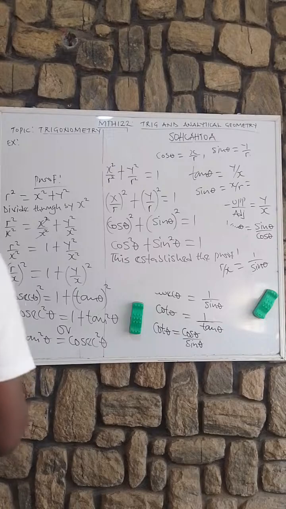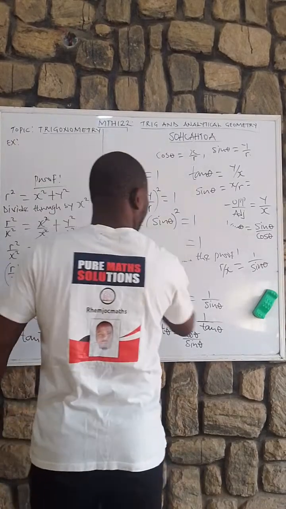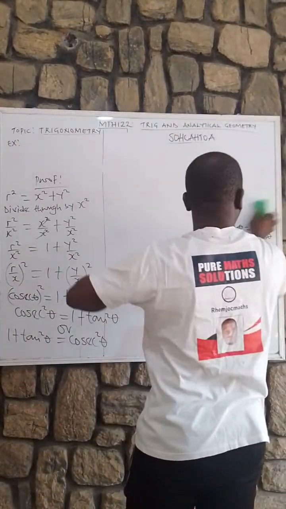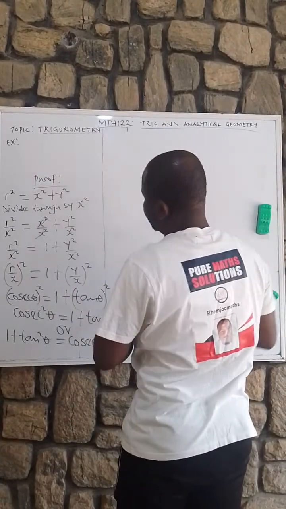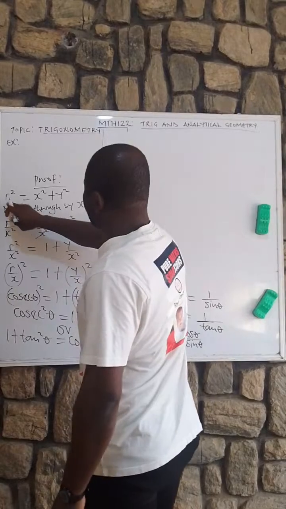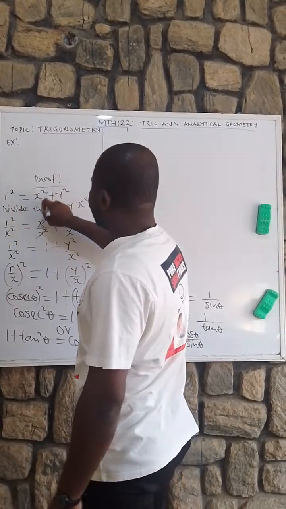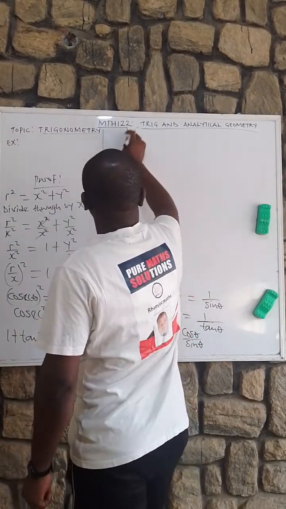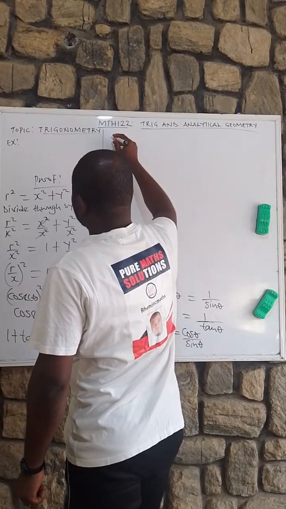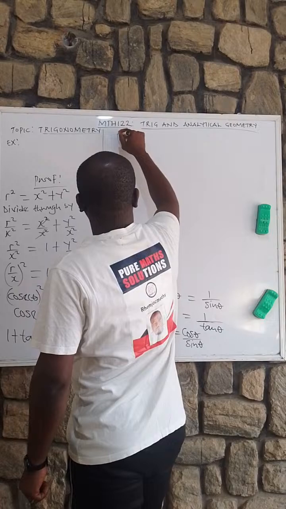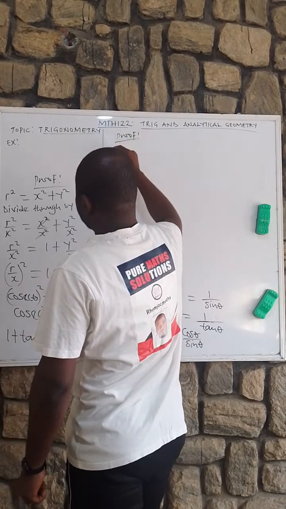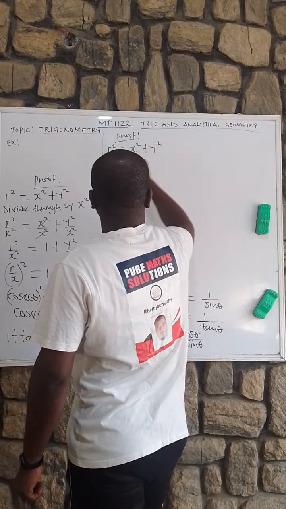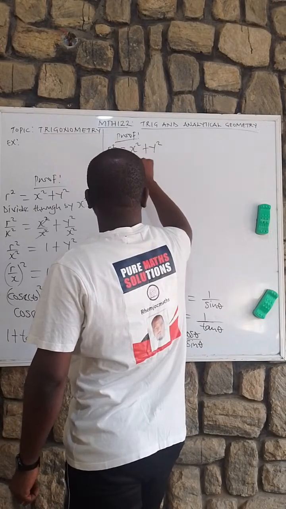Okay. So now let's consider another identity. The first one we divide through by r square, then the second one, let's divide through by y square. Okay? So let's prove another one. r square equals to x square plus y square, divide through by